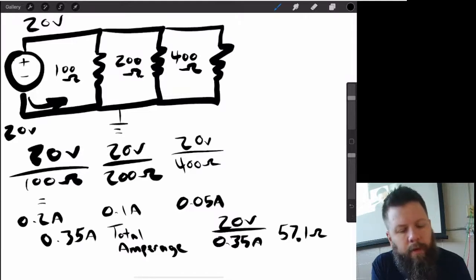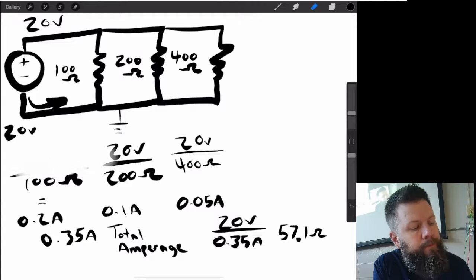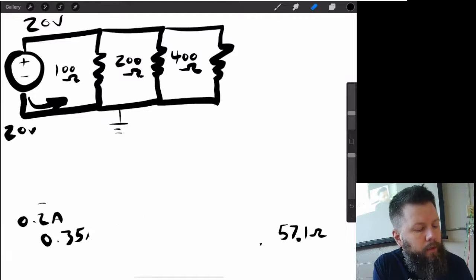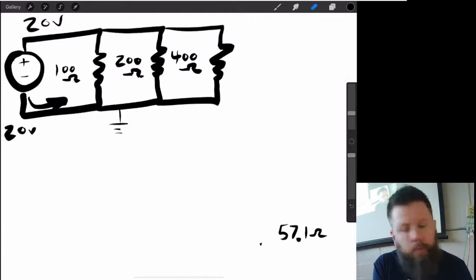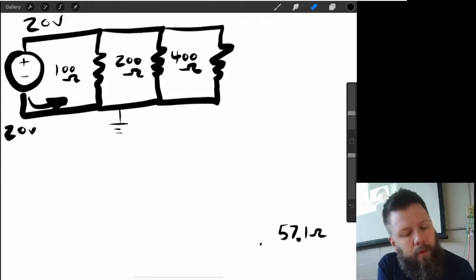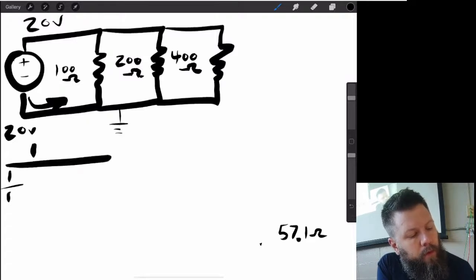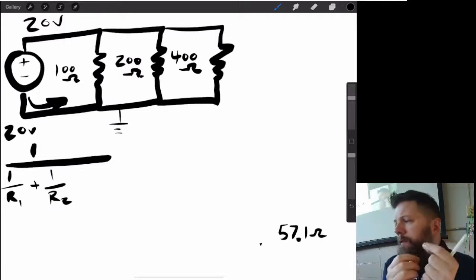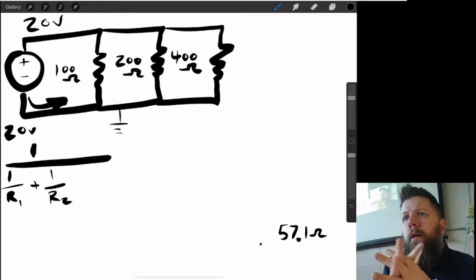Okay, let's prove that. All right. So I'm going to show you the formula for getting resistors. We've got 1 over R1 plus 1 over R2. And you can do that for a million resistors. You just keep adding all those resistors up. Okay. Now, if you missed it whenever we were talking about it, because I don't know that it got on video,